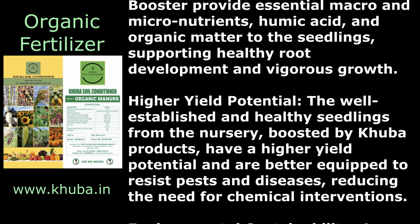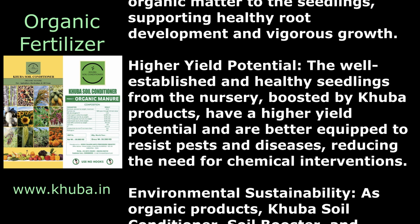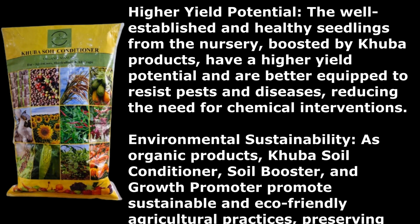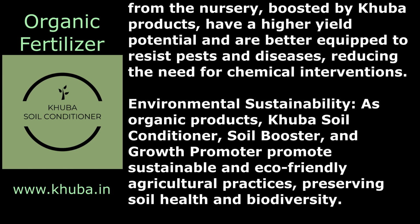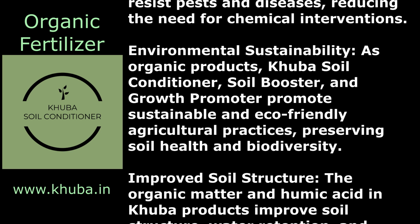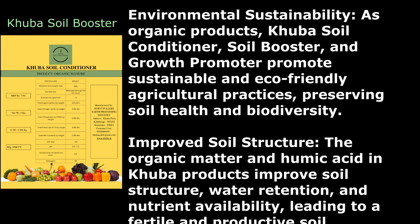Higher yield potential. The well-established and healthy seedlings from the nursery, boosted by Khuba products, have a higher yield potential and are better equipped to resist pests and diseases, reducing the need for chemical interventions. Environmental sustainability. As organic products, Khuba soil conditioner, soil booster, and growth promoter promote sustainable and eco-friendly agricultural practices, preserving